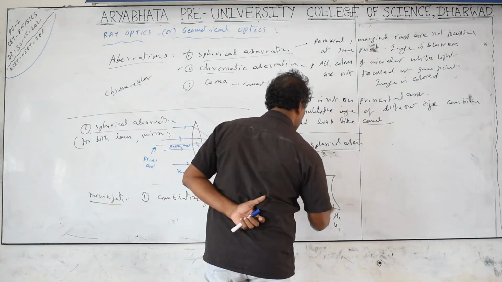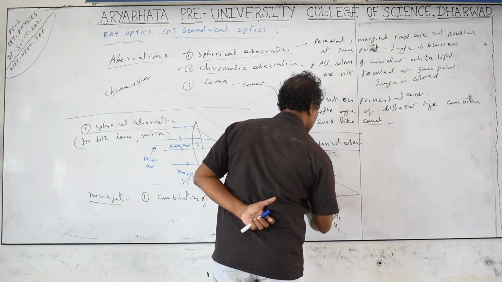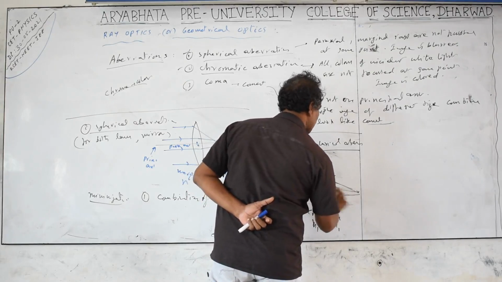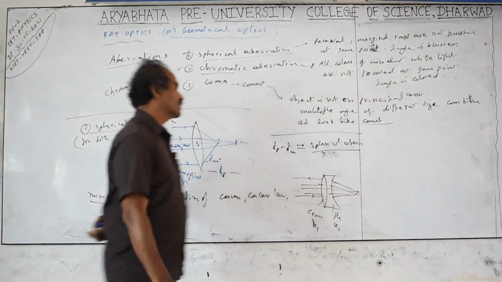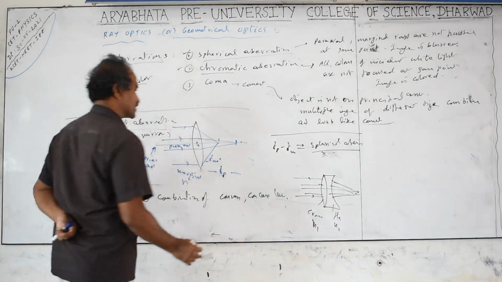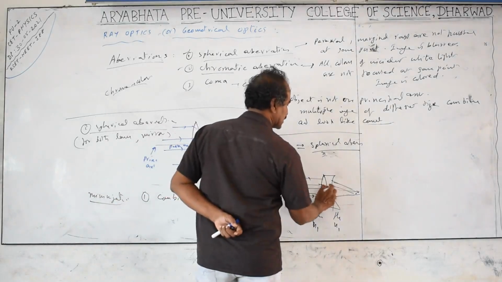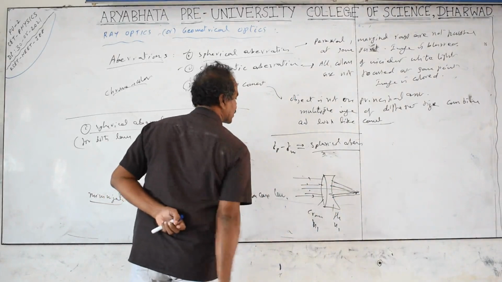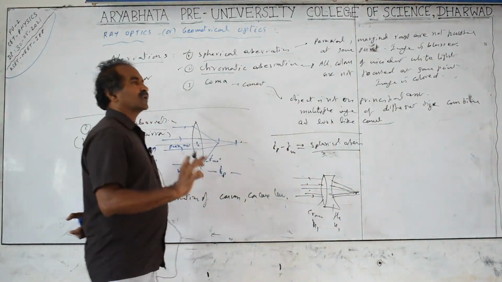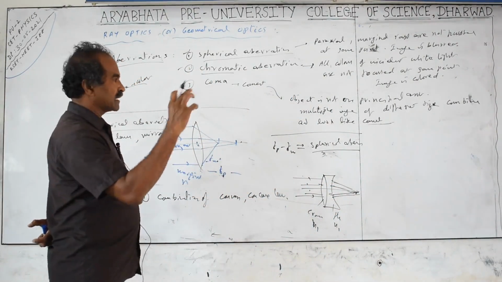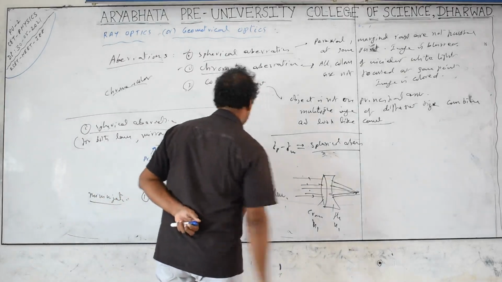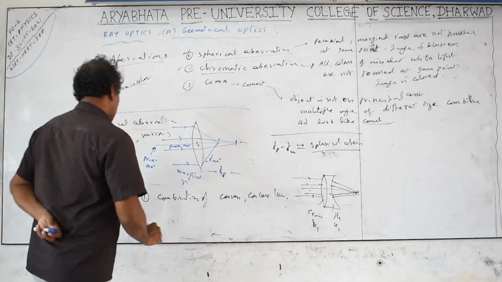So light rays coming in parallel will be focused here. In this case both marginal rays and paraxial rays will meet at this place, because one cancels the effect of the other. The concave lens cancels the aberration produced by the convex lens, so all rays can be focused at the same place. So good quality cameras and telescopes will not have a single lens, but two lenses.